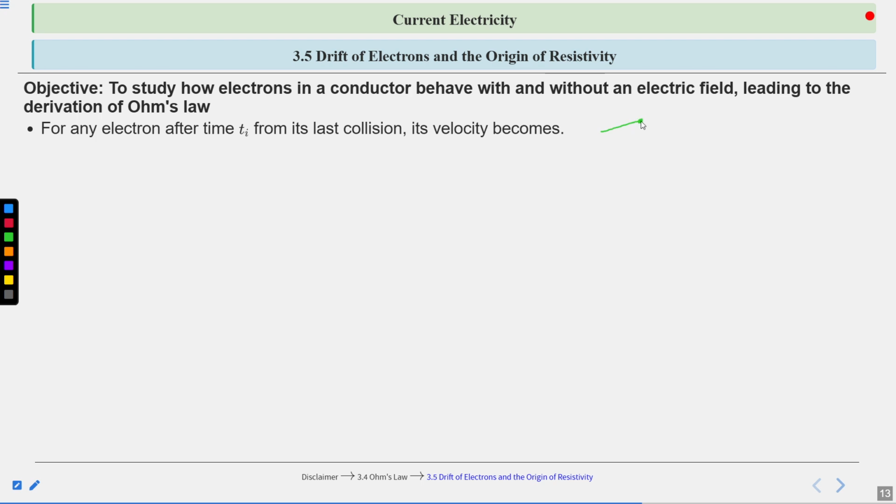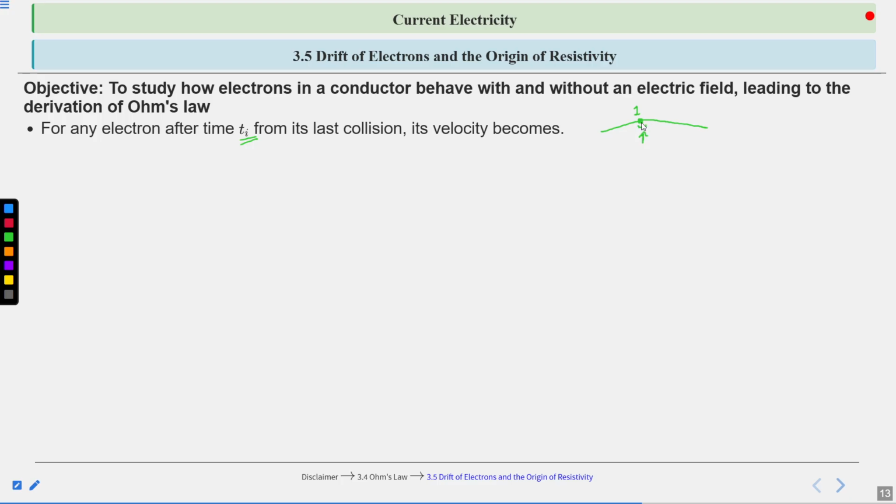Suppose one electron is going like this and its collision happened at point 1. After some time it is moving in this path. If at this point 1 a collision happened, then after time ti from its last collision, it has covered some distance after this first collision. Its velocity becomes, okay,